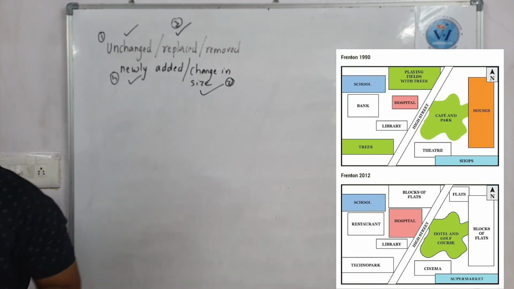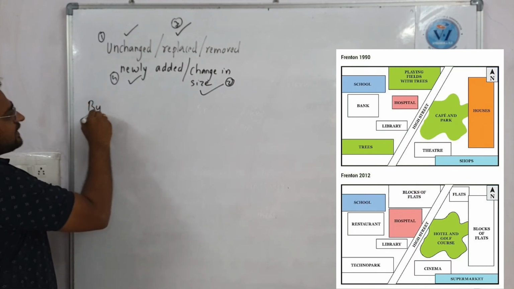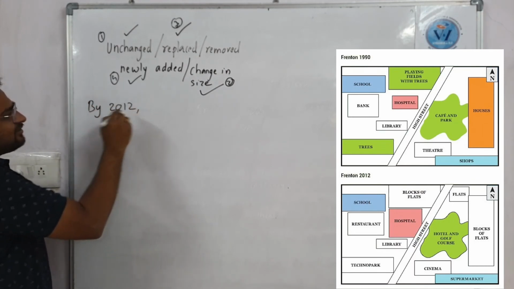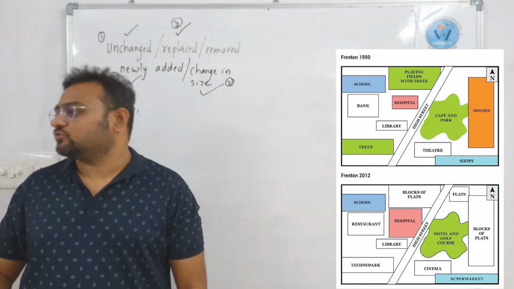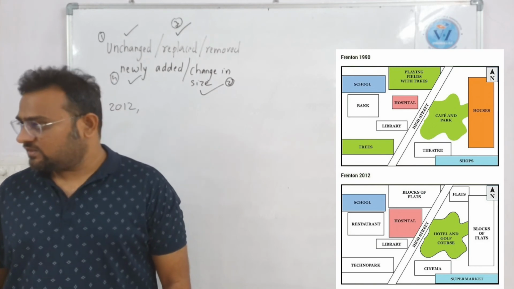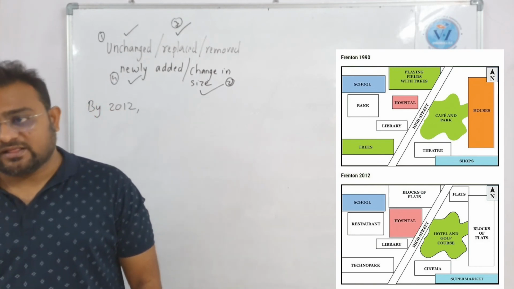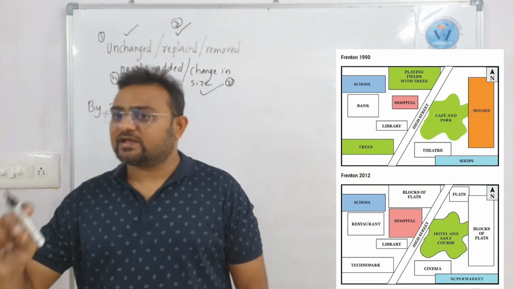Now see, when I'm writing by 2012, I will use the word by. I won't use the word in 2012. If I use in 2012, sorry, in 2012, then I would have to write it was